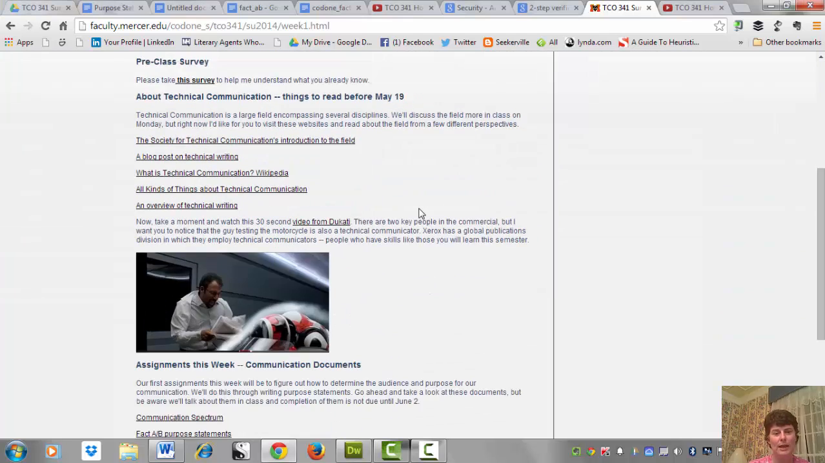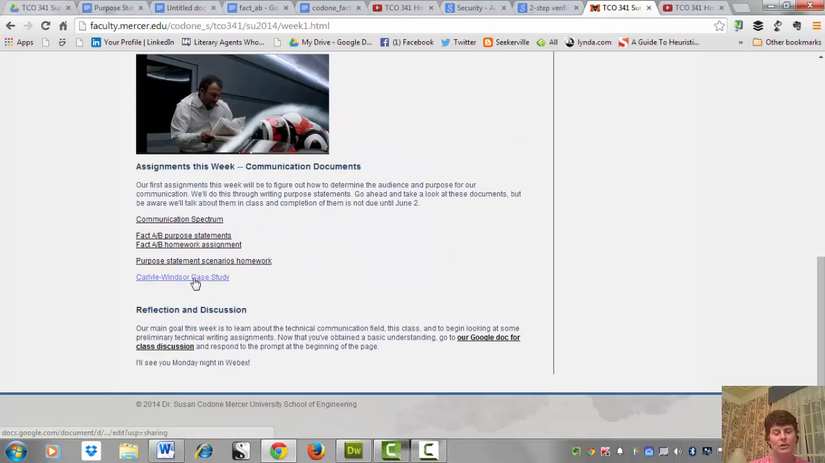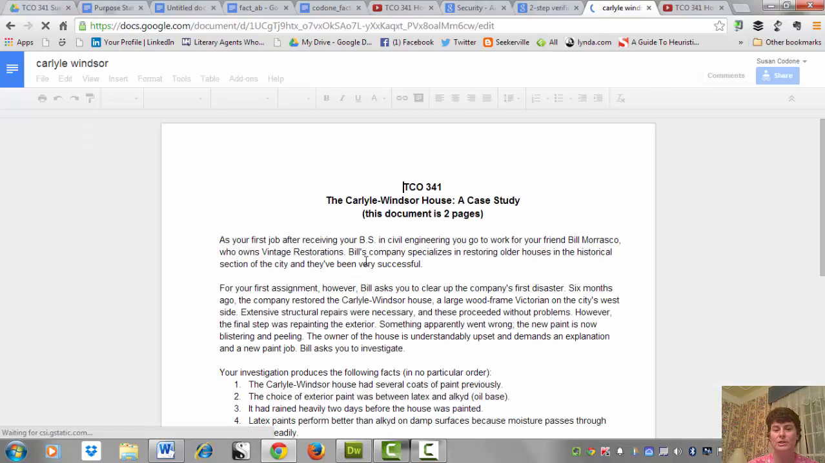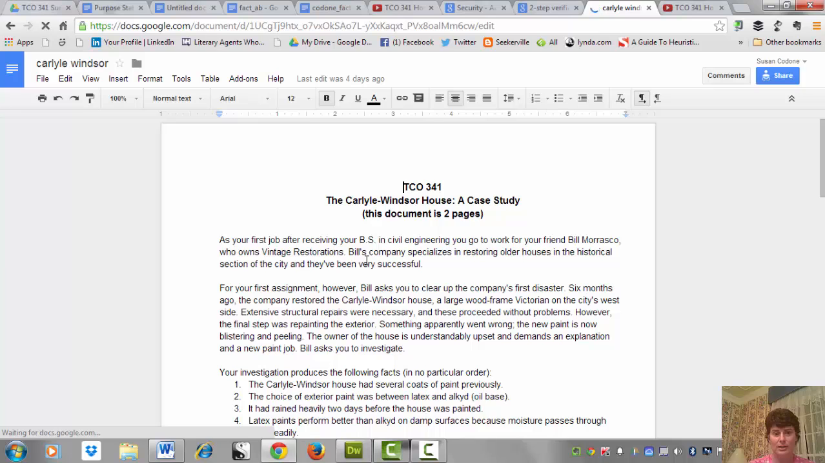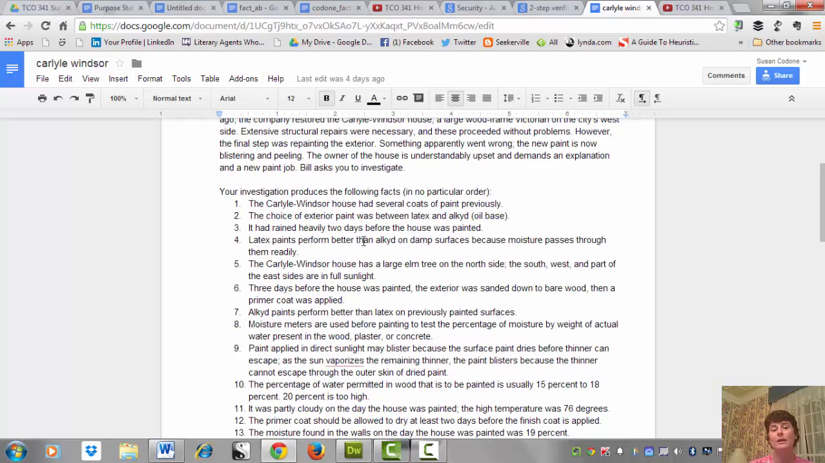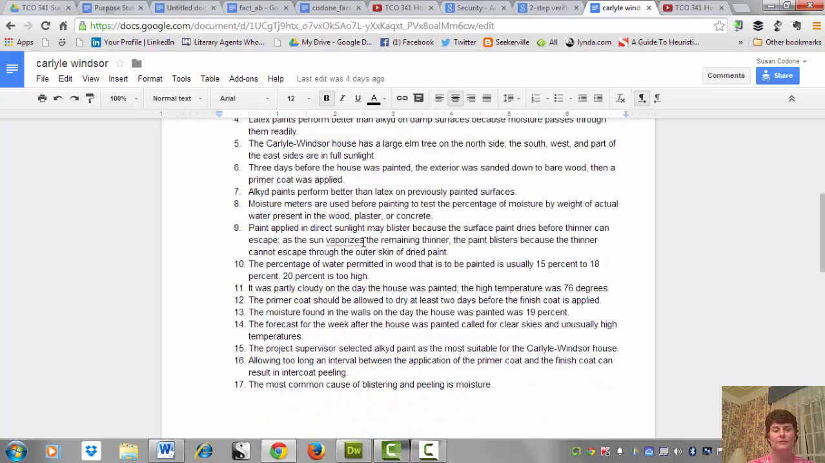We're on the week 1 guide. If you go down to the bottom of the page and click on the Carlyle Windsor case study, that will open a file in Google Documents, which is a scenario. It is essentially a case study. I know that you can read this on your own, but it basically tells you the problem and it gives you a list of 17 facts. So essentially it is a house that was painted, the paint started to peel, the 17 facts are possible reasons